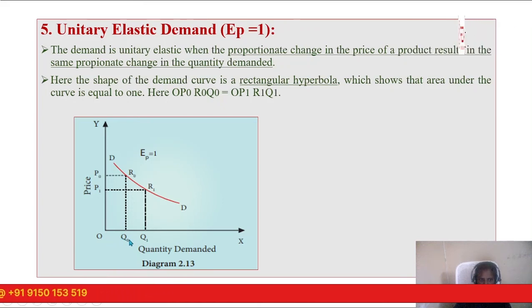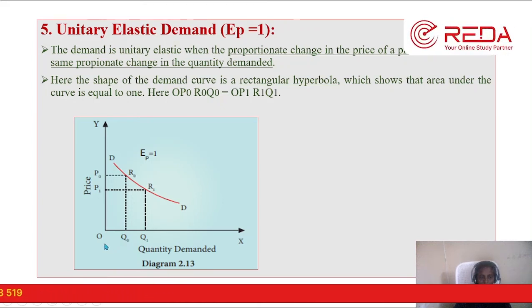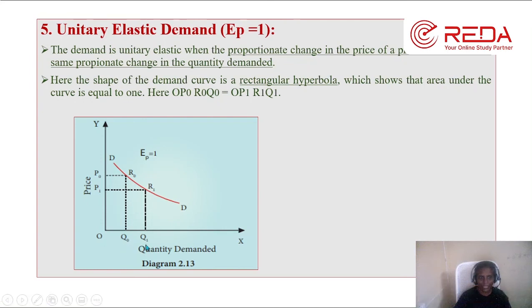Instead of purchasing 5 units, the consumer will demand 10 units of the commodity. Now when you join the price and quantity points, you get two points, R0 and R1. When you join R0 and R1, you get a demand curve